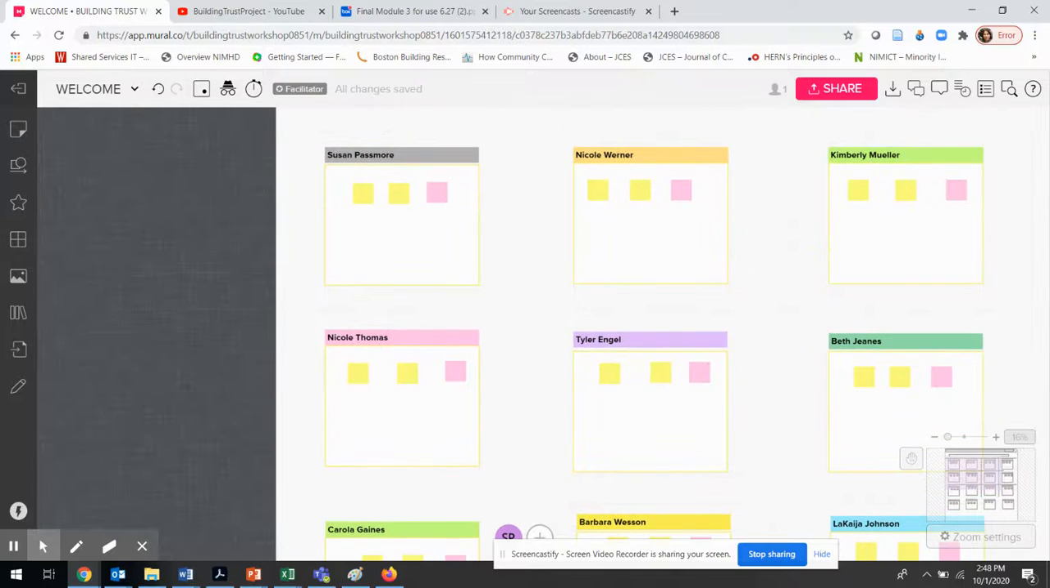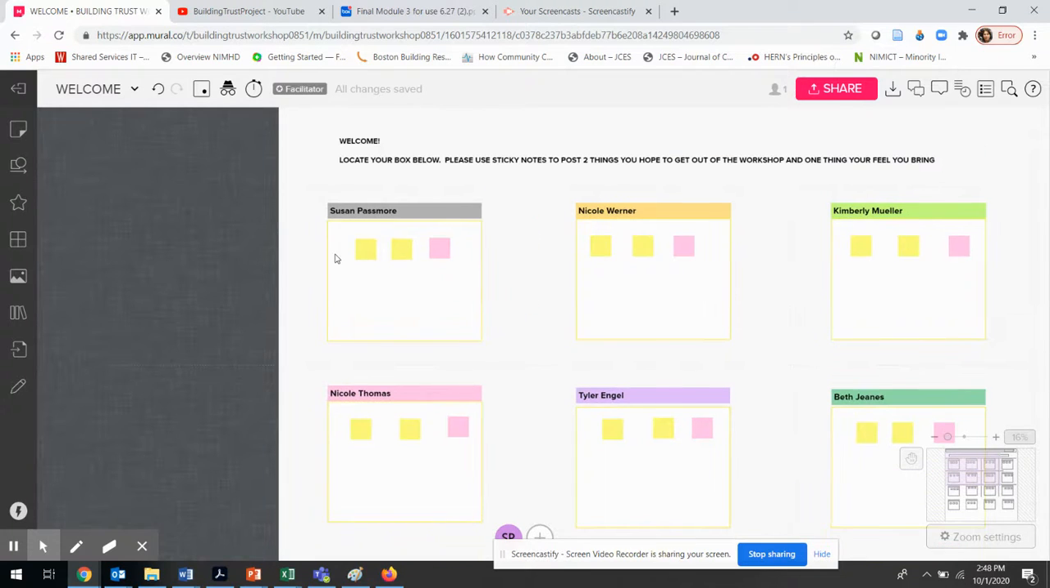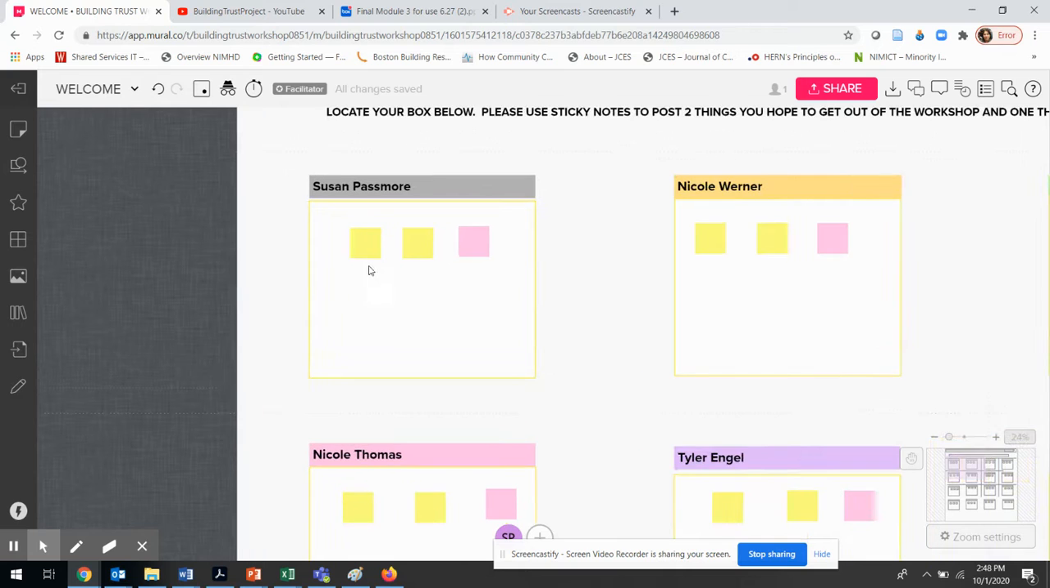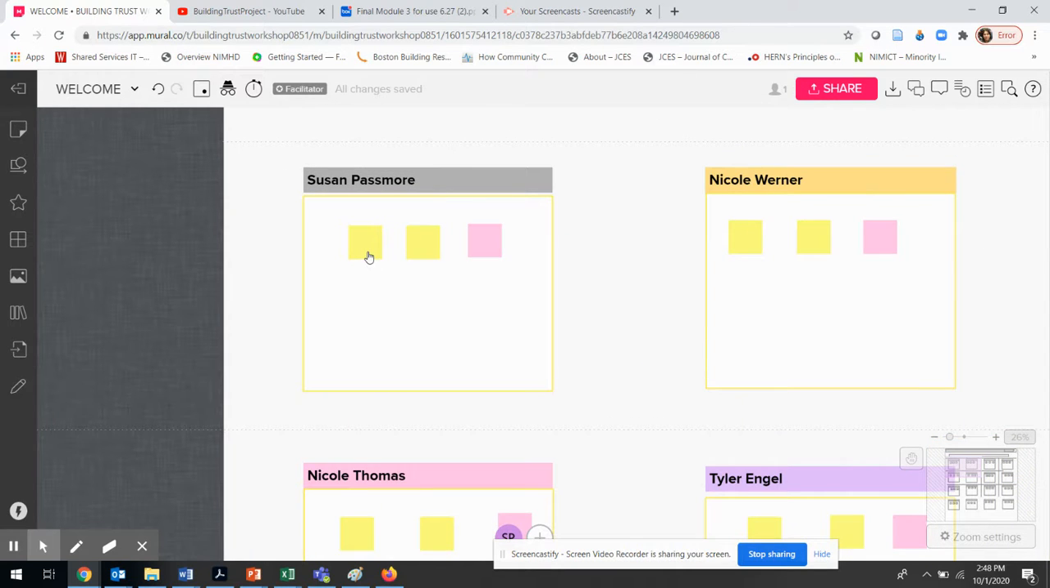Each of the boxes has 3 Post-its or sticky notes, 2 yellow for what you're hoping to get out of the workshop and 1 pink for what you bring. You can add more too if you'd like. But just to get used to using Mural and the sticky note function, let's at least do this. I've already given you Post-its, so you just need to pick one up and start typing on it. I pick it up by clicking once on it,